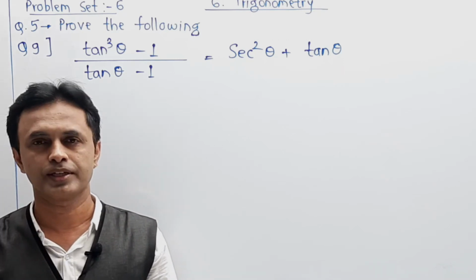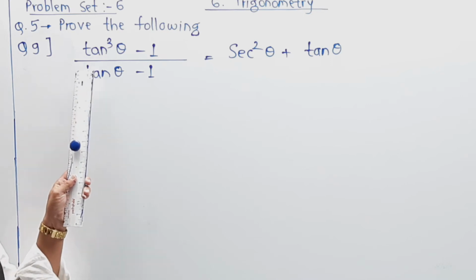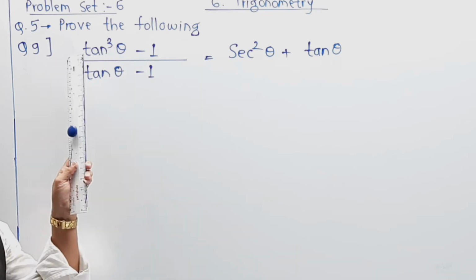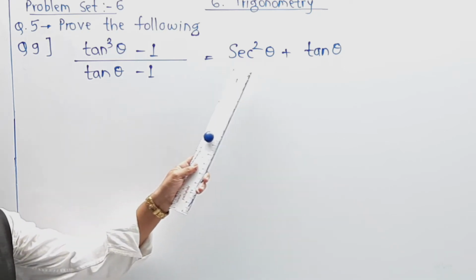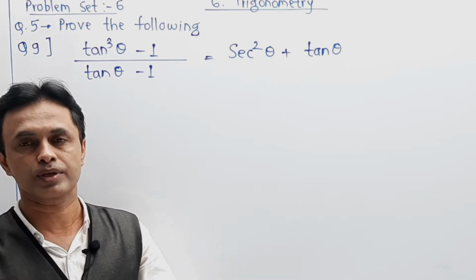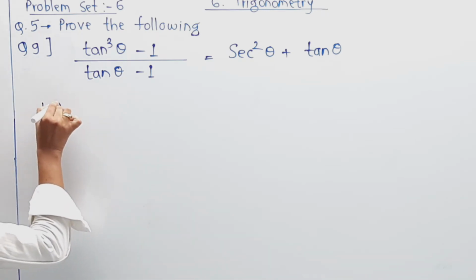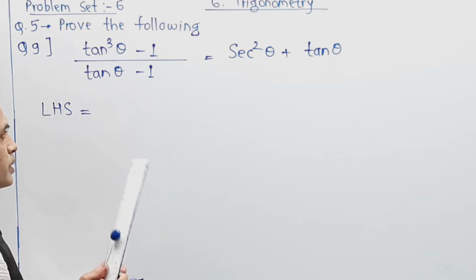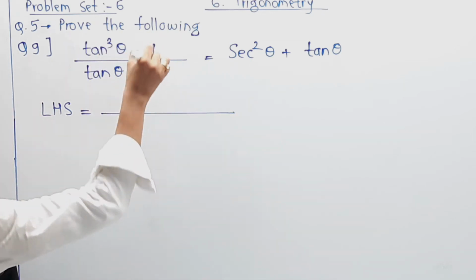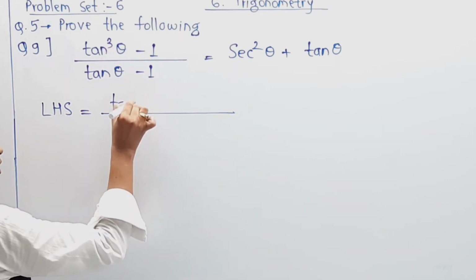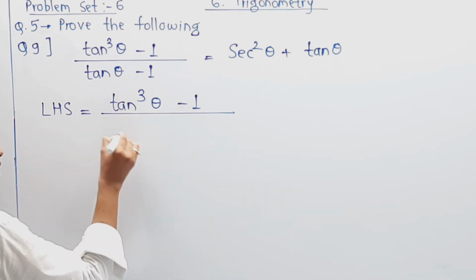Hello, continuing with the next numerical. The next numerical is question number 9, and the part is tan cube theta minus 1 upon tan theta minus 1 is equal to sec square theta plus tan theta. Once again I am going to solve the numerical, and as per the condition, our LHS is tan cube theta minus 1 upon tan theta